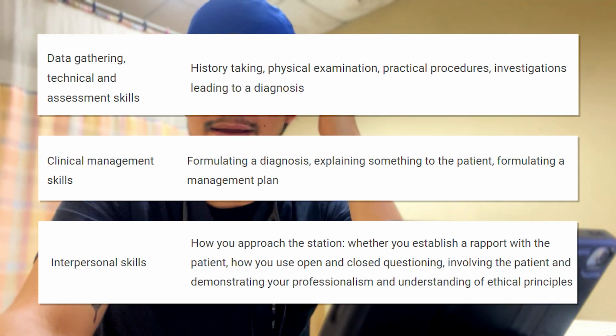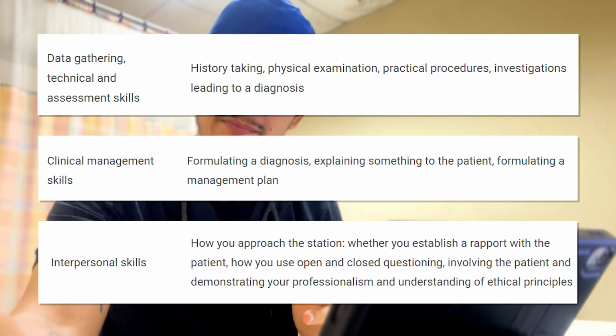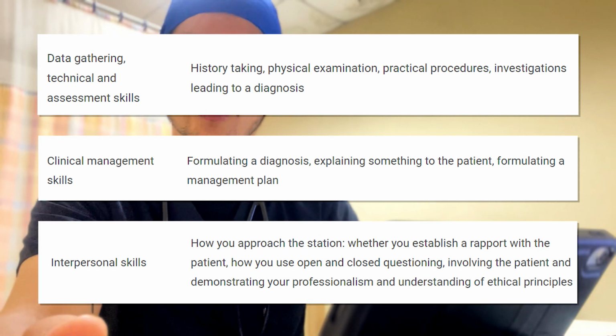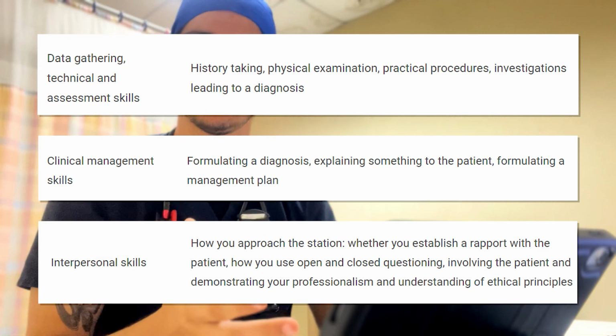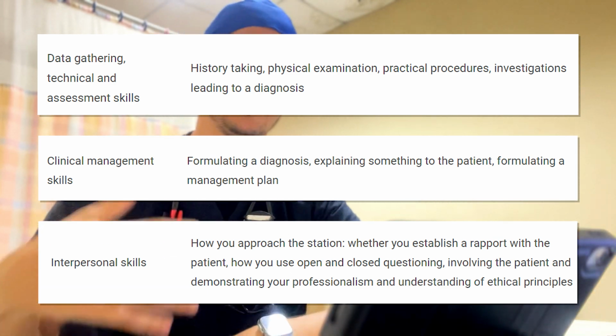So having a quick recap from the previous video, you need to remember that this is not an exam where they're going to evaluate how good you are memorizing exams, memorizing lab values, memorizing answers. They are evaluating your critical thinking, and they're evaluating your interpersonal skills with the patient, with the actor that is portraying to be a patient, or with the mannequin towards whom you're going to direct your physical examination and explain